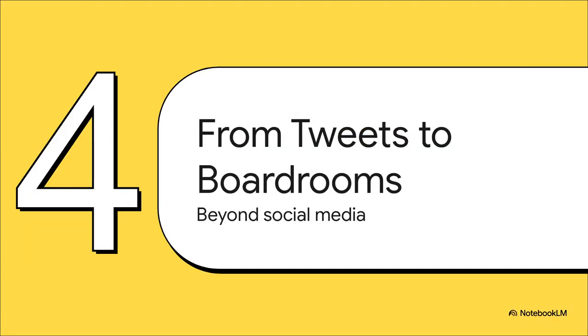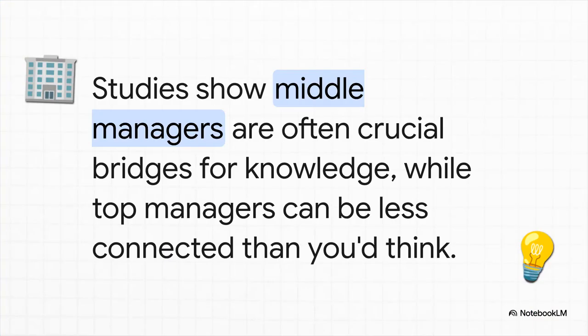So yeah, this is super powerful for understanding social media, but make no mistake, this kind of analysis is used everywhere. The very same principles that help us find a Twitter influencer can reveal the hidden power structures inside any organization. For example, take the workplace. One study of an R&D organization found something fascinating. When they mapped how knowledge actually flowed, they saw that middle managers often had the highest centrality. They were the critical bridges connecting different teams. Meanwhile, the director, the person at the very top of the org chart, was actually less central to the real flow of information. SNA shows you how work actually gets done, not just how the org chart says it should.